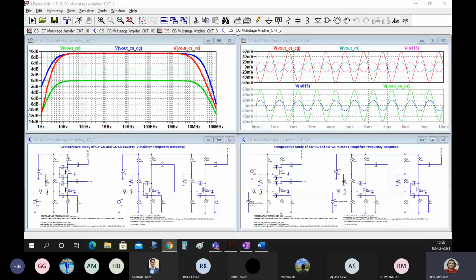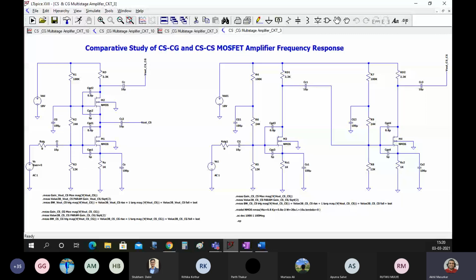Okay, so do you want to first have a look at the circuit? What do you want to see? Do you want to see the circuit first? Yes. Okay. So this is the circuit. Come on, copy it. Any doubts? Please ask. This is lab, so it has to be interactive. Any stupid doubt is fine.